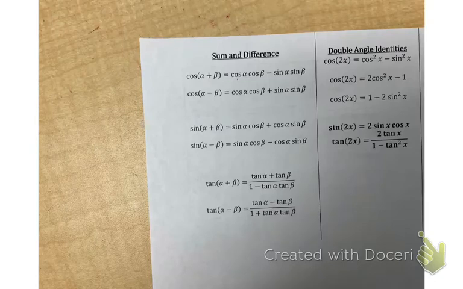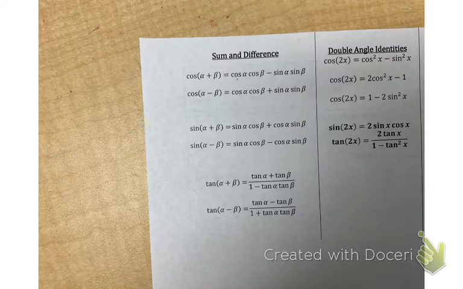So on the test, I will provide this whole backside to you in some way, shape, or form. The front needs to be memorized. What does that mean? I'm going to hand you a card, or it might just be printed on the test somewhere. Either way, no matter where it is on the test, whether it's a card or printed there,